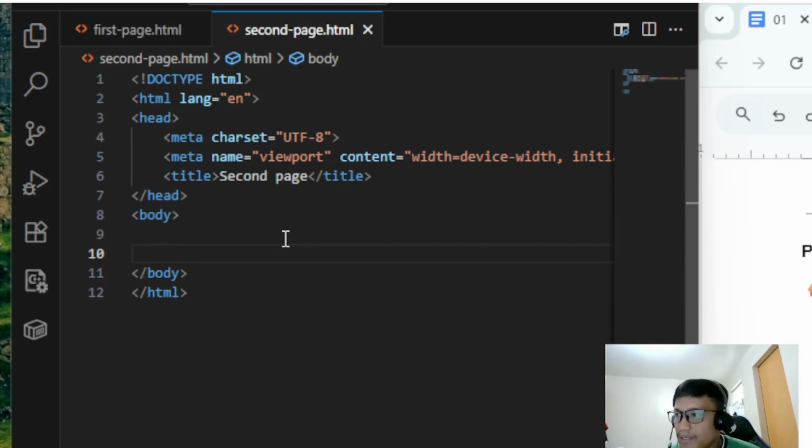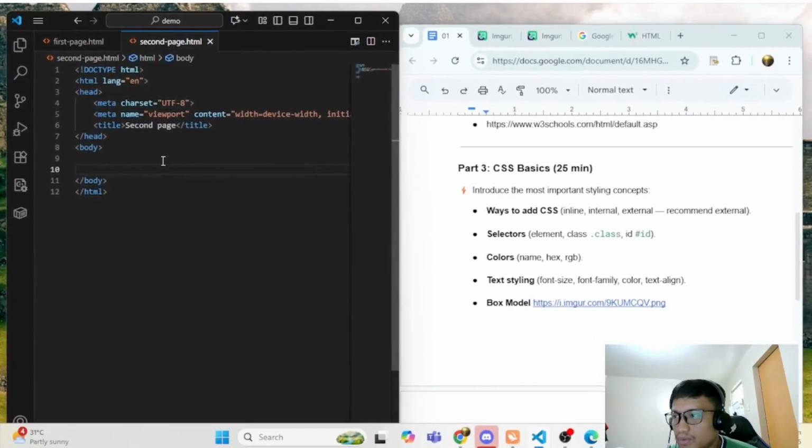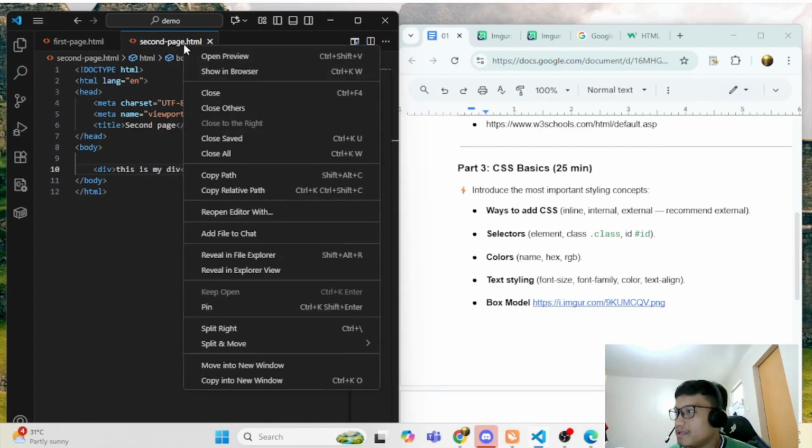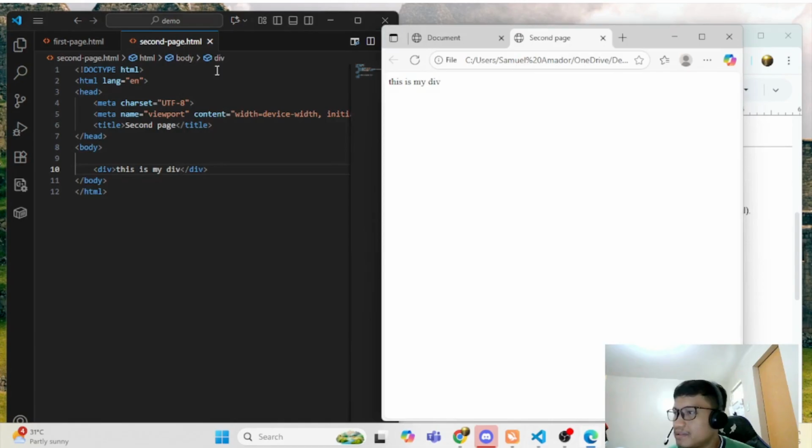Okay, so there are three ways to add your CSS. First thing is inline. So inline, for instance, you have here your div. So say this is my div. So I'll open in browser.